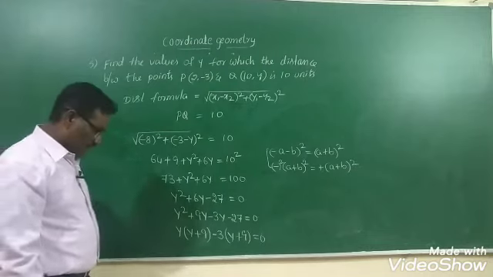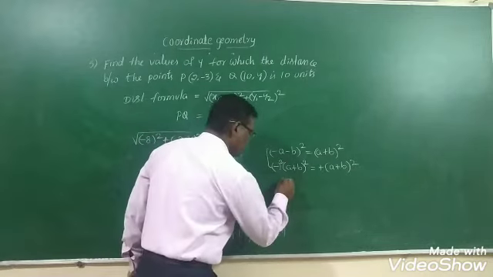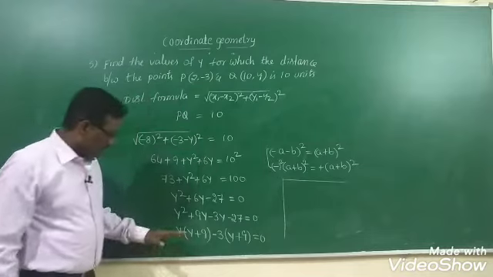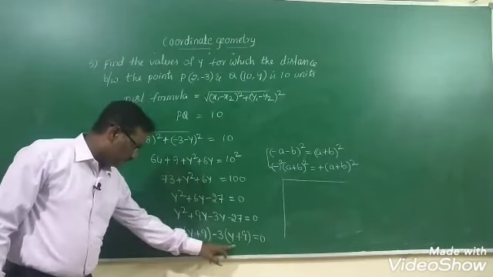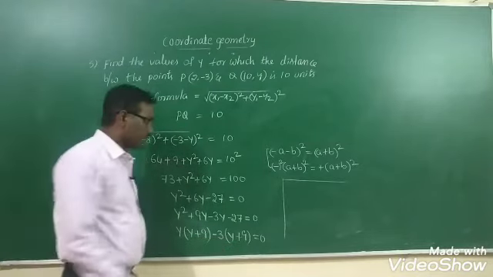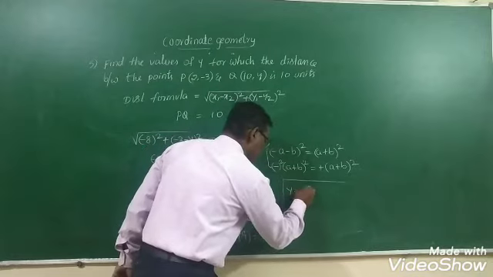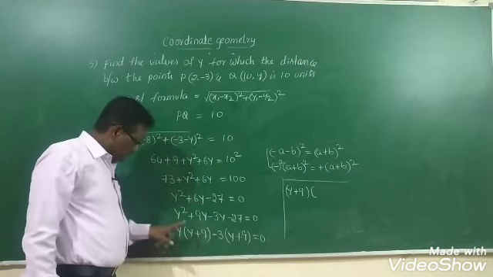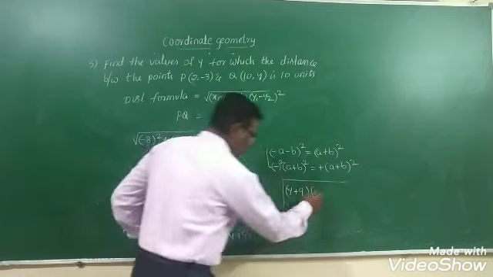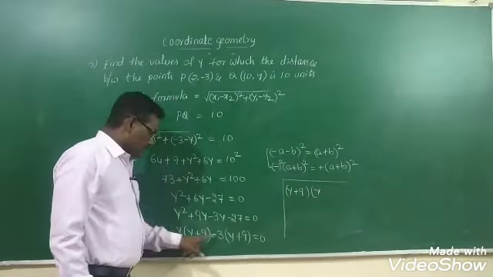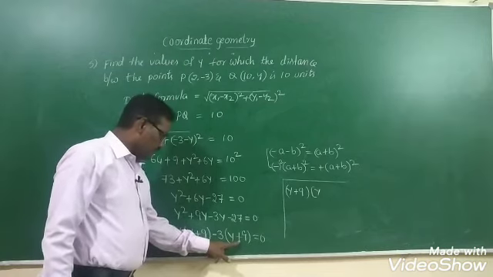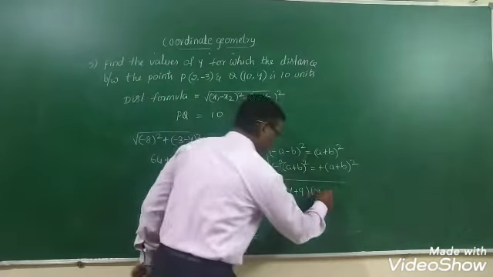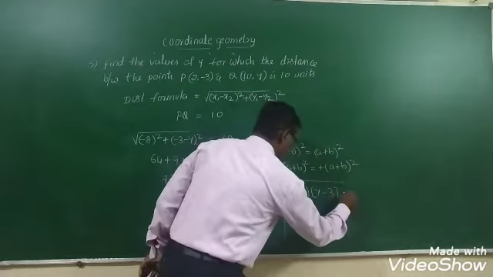Again, we get the common factor here. Which is the common factor from both the terms? y plus 9. Observe the bracket term y plus 9. So y plus 9 is the common factor. When you take y plus 9 out, the rest of the thing is y. So here y plus 9 taken out, minus 3 remaining, equal to 0.